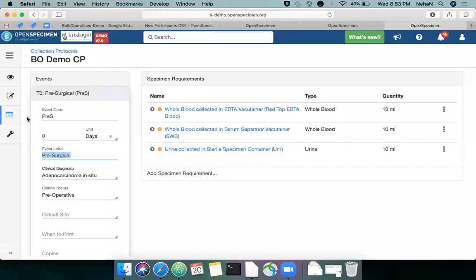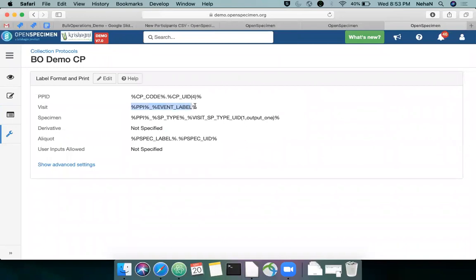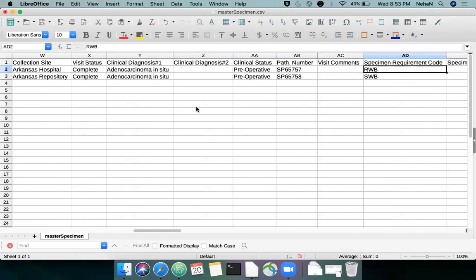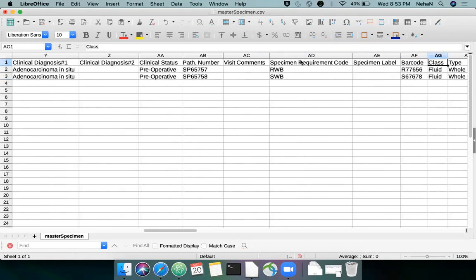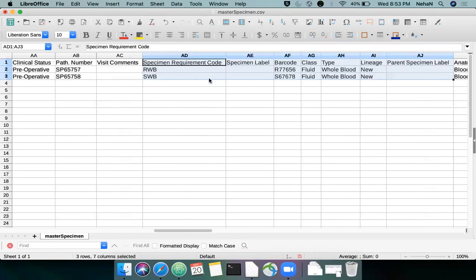Visit name, I have again left it blank because I want the system to auto generate. I've given a label format over here. Then the visit date, the visit site, clinical diagnosis, surgical pathology number. So the visit fields end over here. After that, I even want to import a few parent samples. I'm importing them based on the specimen requirement code.